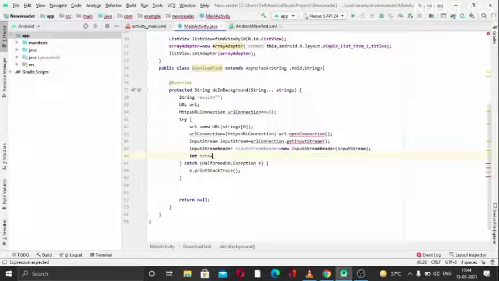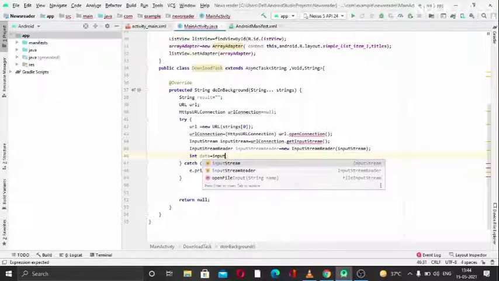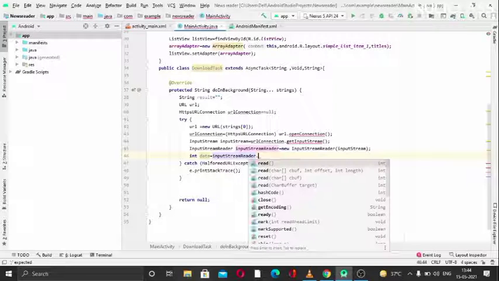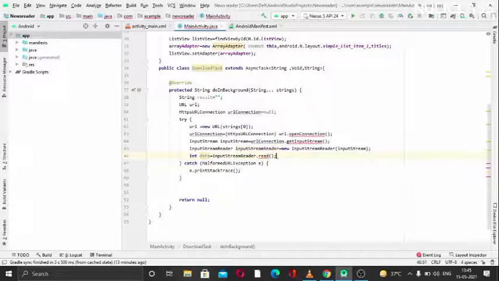So just make it a variable and connect it with the input stream reader. This basically reads whatever is coming in the input and gets it for you. So I will use this method, input stream reader dot read, so that will read the input.